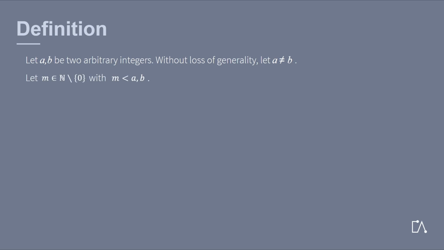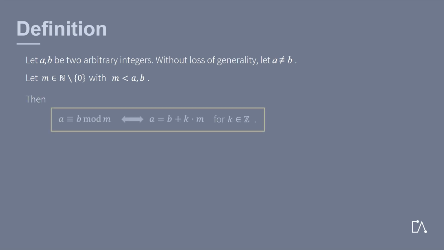Let's have a look at the mathematical definition. Let a and b be two arbitrary integers which are not equal. Further, let m be a natural non-zero number, which is smaller than a and b. Then, a is equal to b modulo m, if and only if a can be written as the sum of